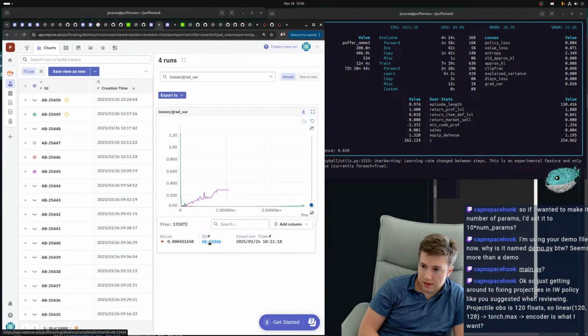The problem is, I think gradient variance of 0 could either mean that you have a perfect signal, or, I think you also have no gradient variance if you're stuck and aren't getting any reward, right? Then you have no signal. So I think that this thing is kind of brittle.